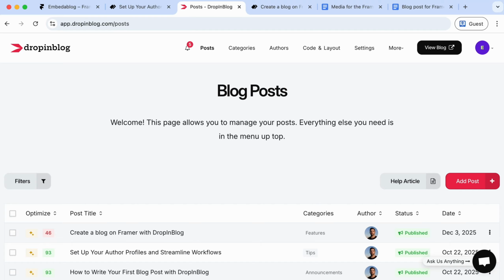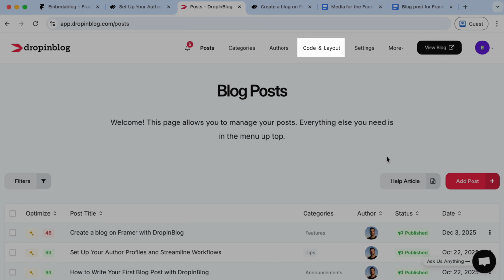Drop&Blog automatically inherits your Framer site's design. When you add a blog to your site, it will blend in seamlessly with the rest of your pages. If you want to style your blog further, you can go to the Code and Layout page of your Drop&Blog account